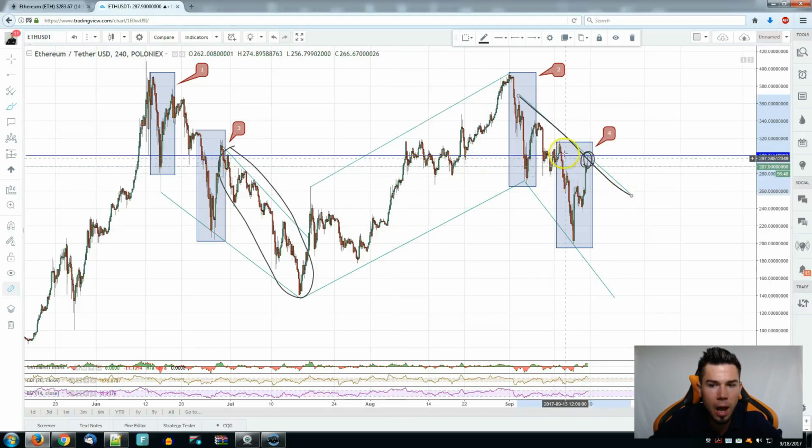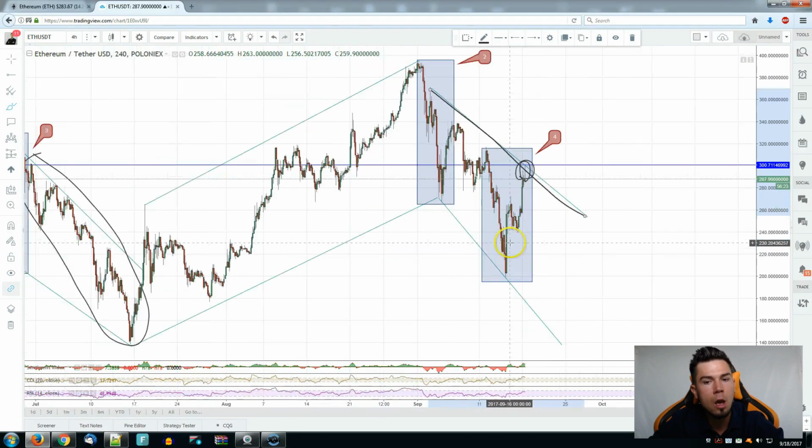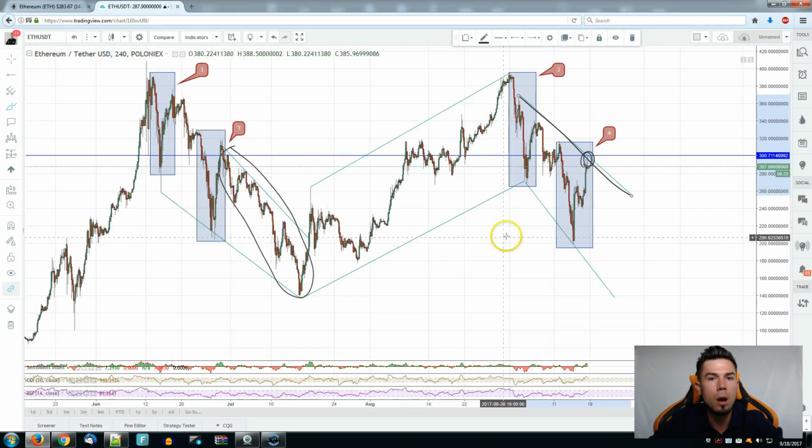A breakout right now would mean to get out of the $300 zone and then transform it into our next support, because so far it is our resistance. So we have to break out of it and transform it into our next support, which means to confirm on it. And then Ethereum would represent a good entry at that time. But as of right now, entering on Ethereum is very risky considering the way the market looks like, but also keeping in mind that many of the exchanges